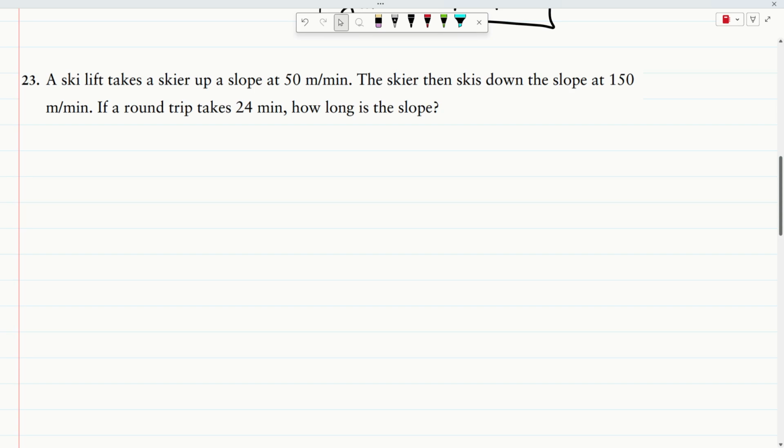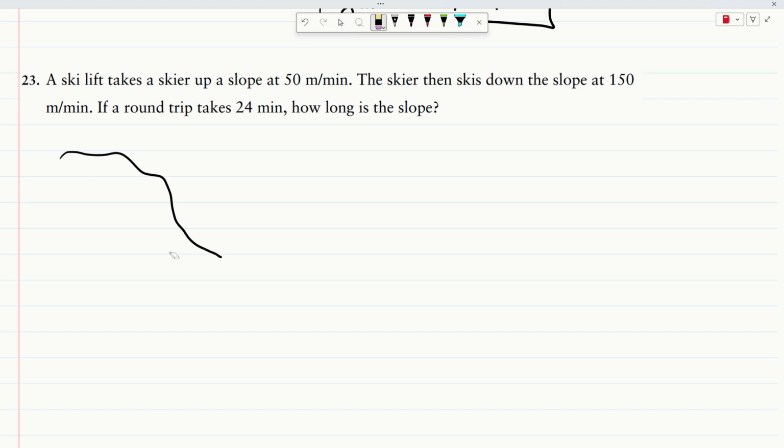So a ski lift takes a skier up the slope at 50 meters per minute. Then the skier skis down the slope at 150 meters per minute. If the round trip takes 24 minutes, how long is the slope? So once again, no math. What are we doing? Well,